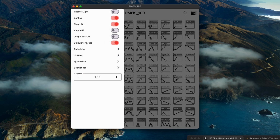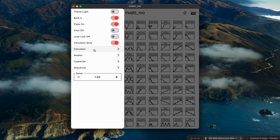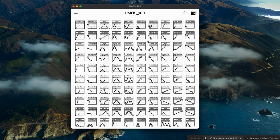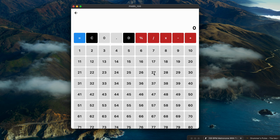All right. Oh, calculator mode. I forgot calculator mode. It's a 100 button calculator. Right, I can do 25 plus 38 equals 63. Now, if I turn this thing on, I can do calculations and scratching at the same time. So calculator, unmute, and oops. Let me go to calculator mode. And so let's do 27 times 57 equals. All right. But if you're just playing these together,